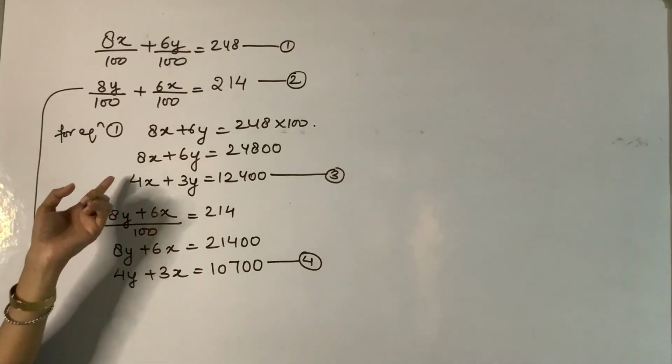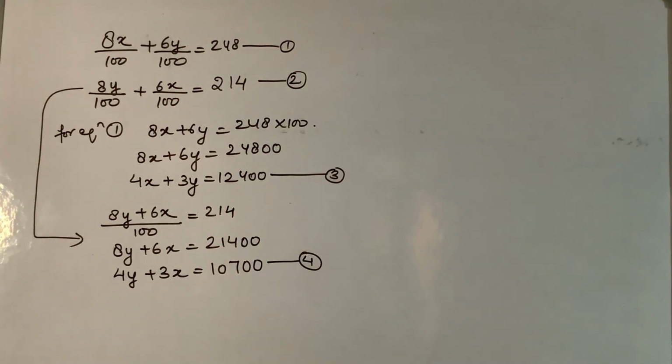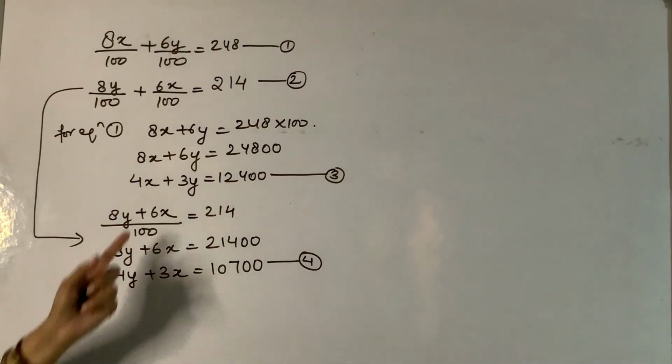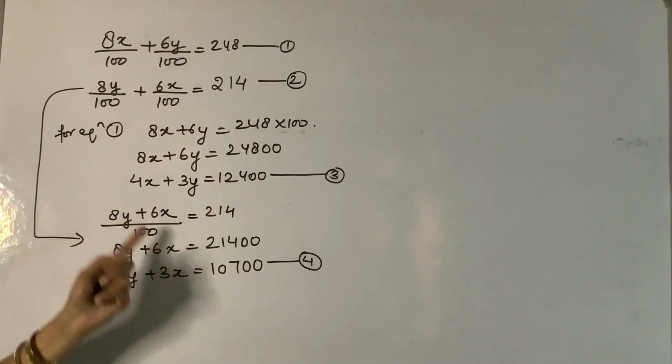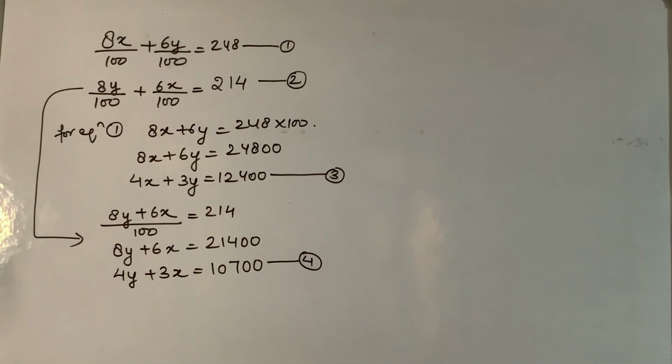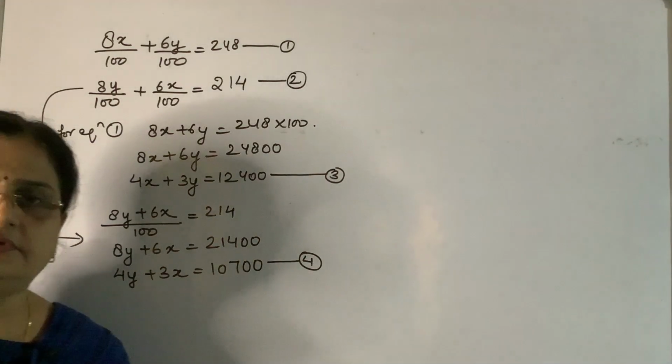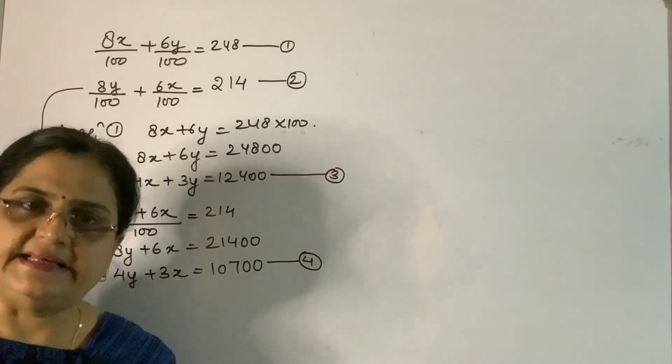Now these are the two equations you have got. You have to solve them and find out the answer. The coefficient of x over here is 4 and the coefficient of x over here is 3. So you have to equate the coefficients because we are trying to solve them by using the method of elimination.